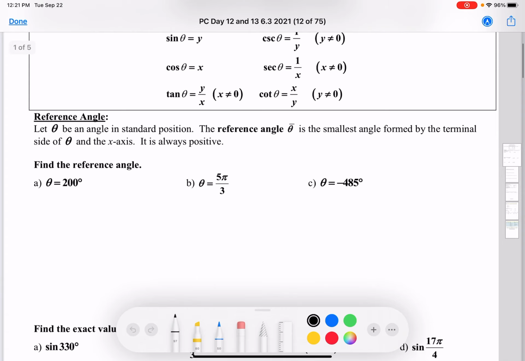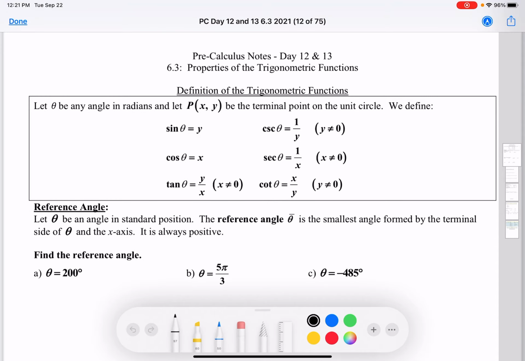Okay, so just to sum up this first part that we didn't go too into, if we let theta be any angle in radians, and we let P of x, y be the terminal point on the circle, then we define our trig functions as such. That's a lot of fancy words just to say, when we have, so if I have my unit circle,